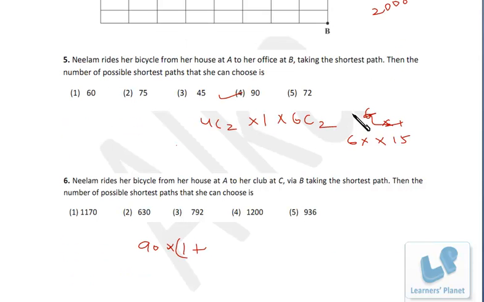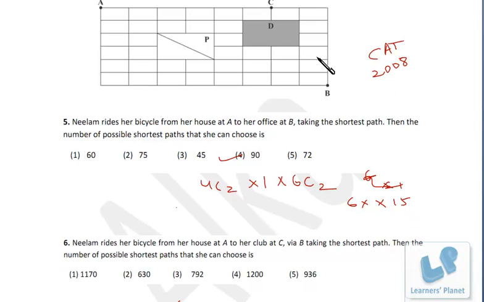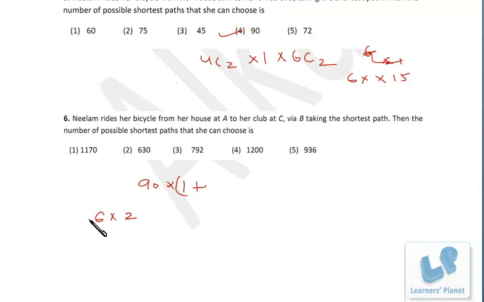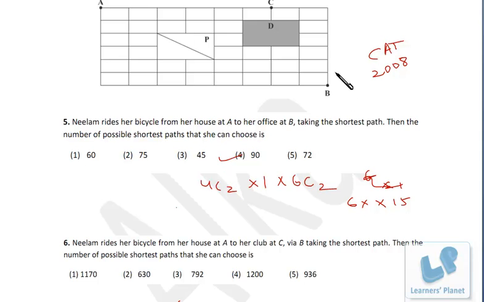So how many ways will be there? 6. And then from this point to this point, right? A 1 by 1 grid is 2 steps, either this way or this way, right? So 6 ways from this point to this point, then 2 ways from this point to this point. So in all 12 ways are there. So 12 and this is 1, 13, right? This one is from B to C via this corner, and the 12 ways from B to D this corner, then from D to C.